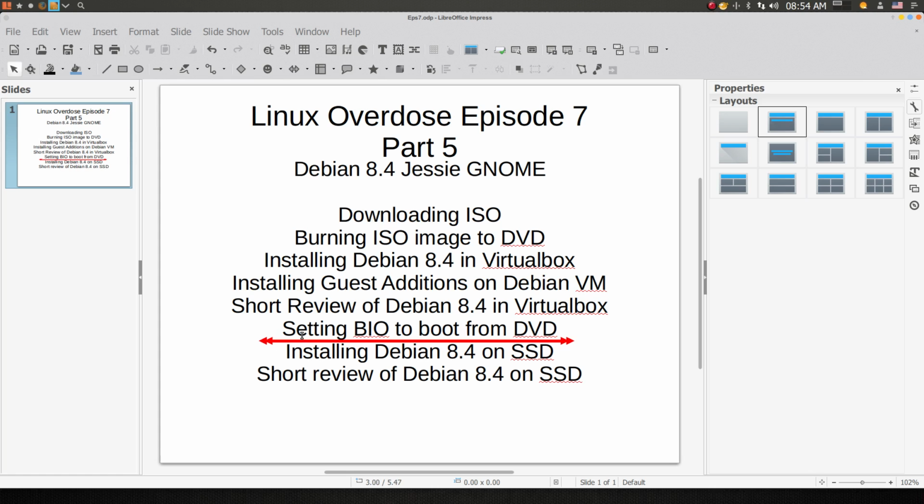In today's episode, we're going to be talking about setting the BIOS to boot from the DVD. And of course, it can boot from a flash drive too. It goes the same place to make your changes. So if you're going to do the DVD or USB, this is still good information to know, because when you buy your computer and say you want to put a different operating system or want to at least boot off a bootable device,